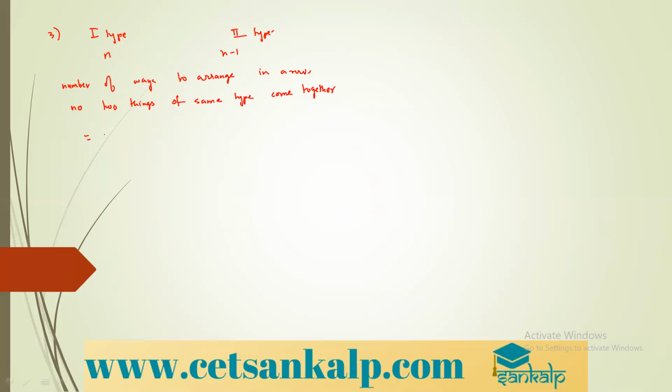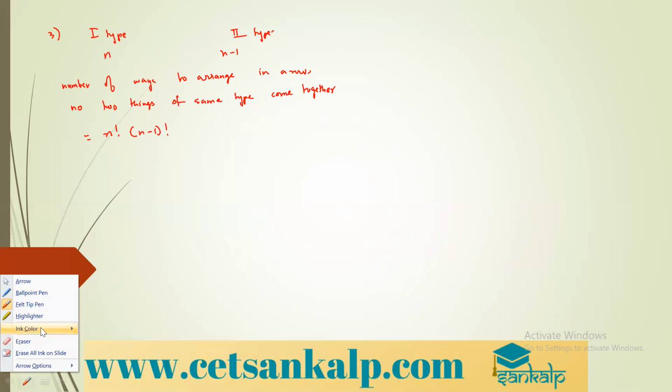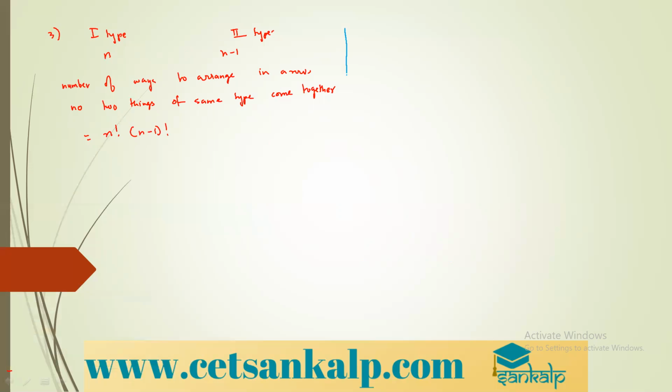So what do you have to take? You have to first take n factorial and then multiply with n minus 1 factorial. Explanation of why I am taking all these formulas will be learnt in PU. When you learn PU lessons, permutations and combinations, your teacher will definitely tell that. If you have already learned, your teacher has already told that. So now I will give you one example.